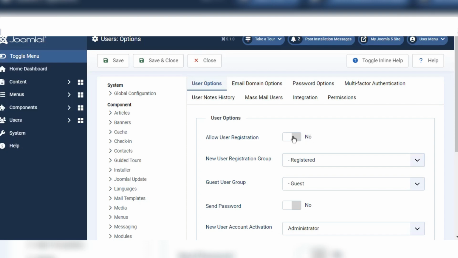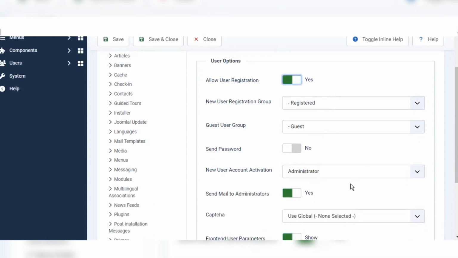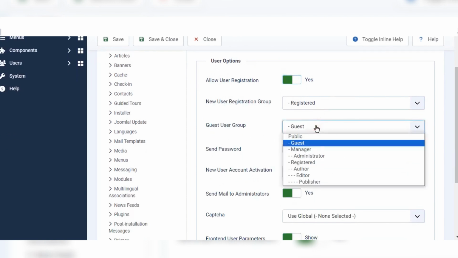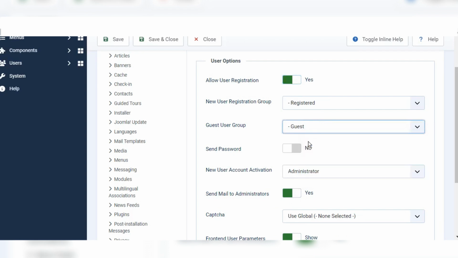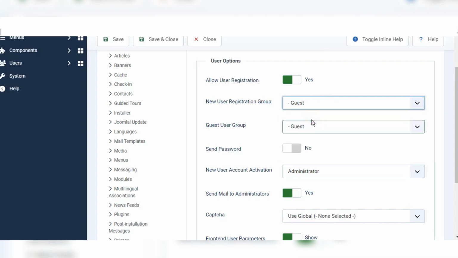It is no now. I will click on yes, and here we can set up some settings also. Guest user group, this is default guest. So new user registration group, as for example I will give as guest, and let's try this. Save and close,